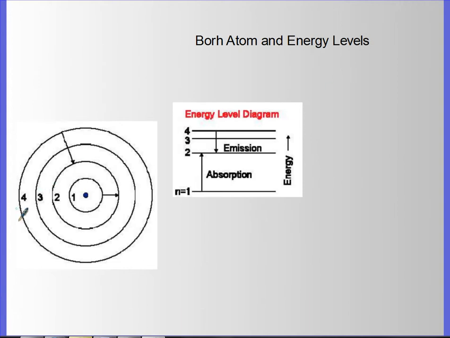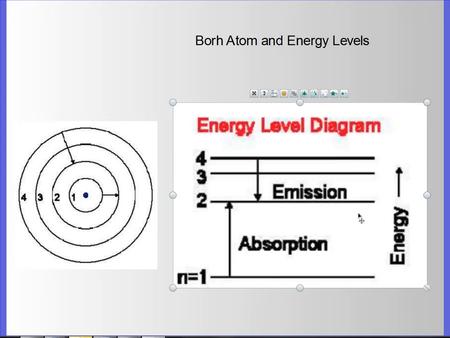Now the Bohr atom is not correct, but that's okay. It gives us a very close approximation to what we need. This is an energy diagram for a Bohr atom. Whenever I give you an energy diagram, I'm going to tell you the different energy levels. Do you see how to go from 1 to 2, the distance is greater than from 2 to 3, than from 3 to 4? This is common because the further out you go, it's a 1 over r squared relationship, and the energy goes down very quickly. So if we go from 1 to 2, we're absorbing. If I go from 2 to 3, I'm absorbing. If I go from 3 to 4, I'm absorbing.